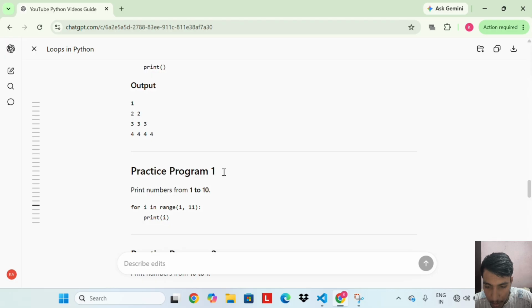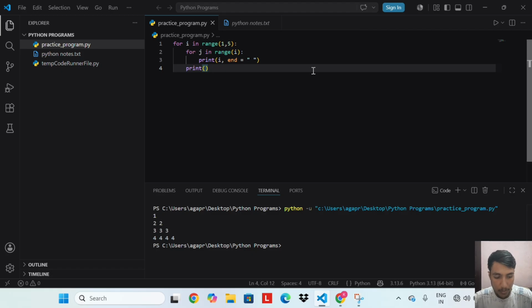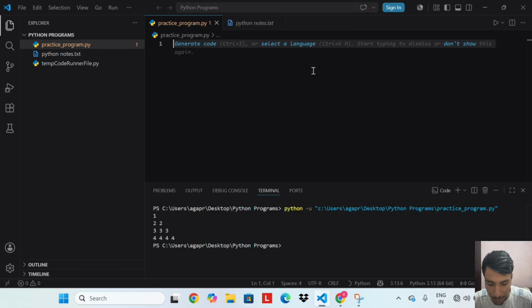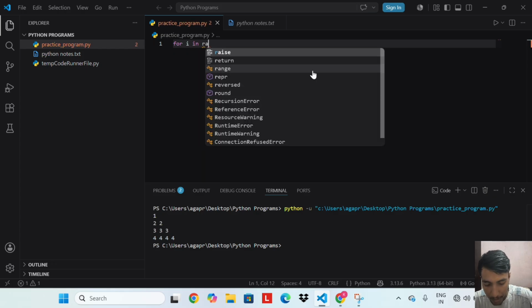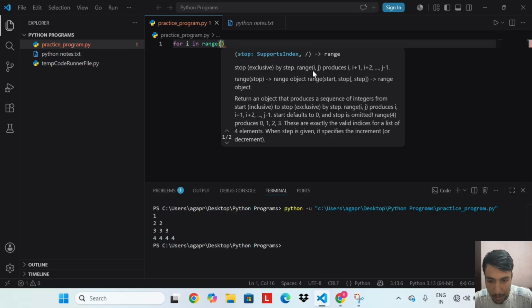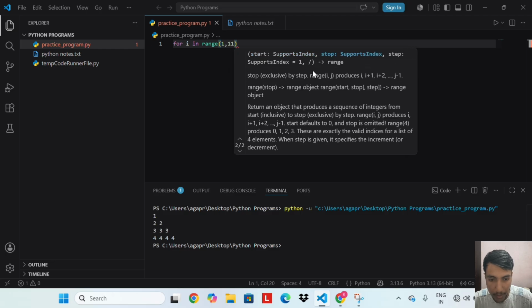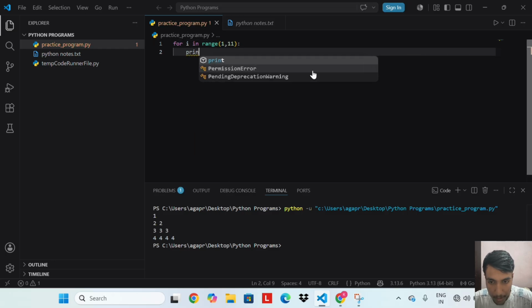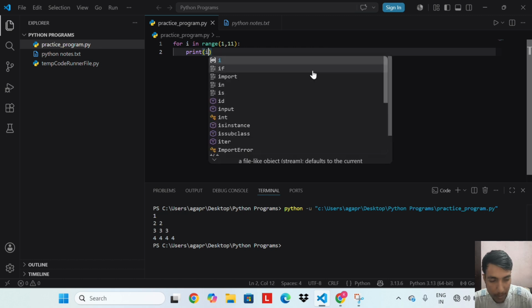Practice program 1. Print numbers from 1 to 10. Let's run this code. for i in range(1, 11): print(i).